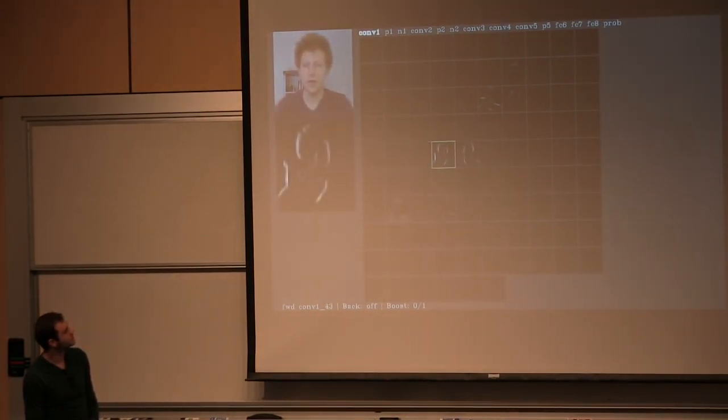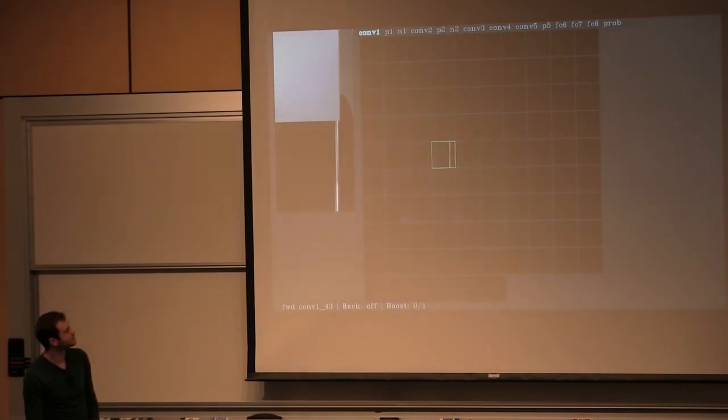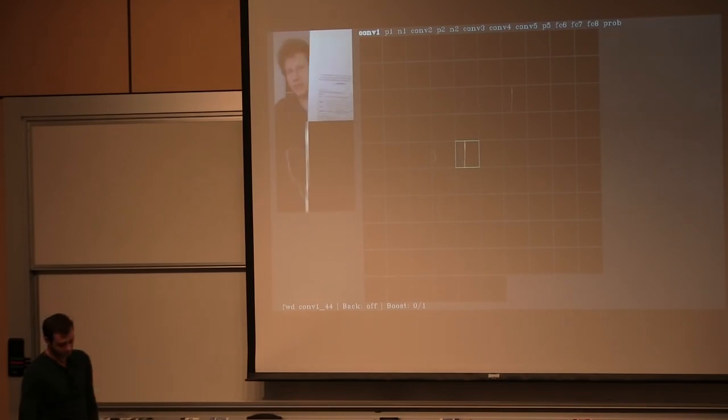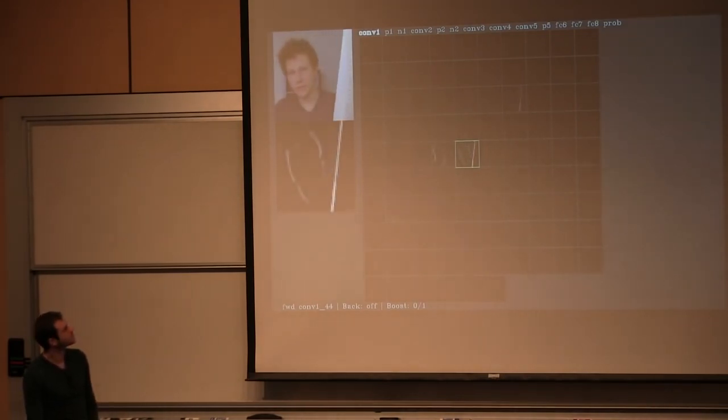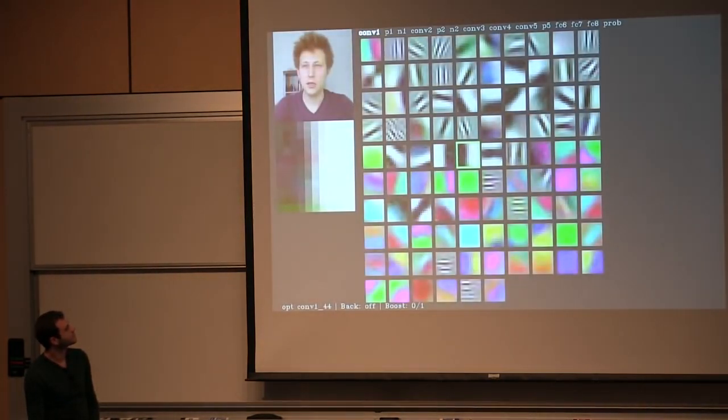For example, on this first layer, a unit in the center responds strongly to light to dark edges. Its neighbor, one neuron over, responds to edges in the opposite direction, dark to light. Using optimization, we can synthetically produce images that light up each neuron on this layer to see what each neuron